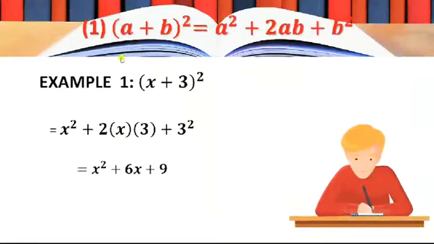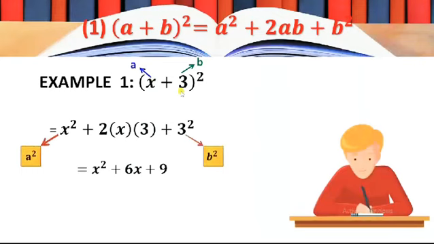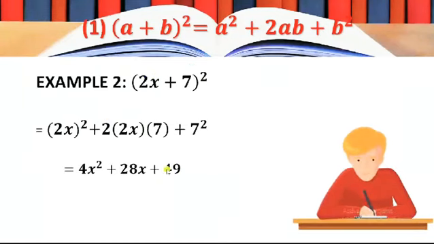Now this is example 1 of (a plus b) whole square equals a square plus 2ab plus b square. Here a is x and b is 3. As you know, there is a plus sign between them, so firstly we have to recognize which identity will be used here. It is (a plus b) whole square, so the first identity will be used. The first step is recognition, meaning we recognize which identity is applicable. The next step is opening of the formula, a square plus b square and plus 2ab, then simplification, and we get x square plus 6x plus 9.